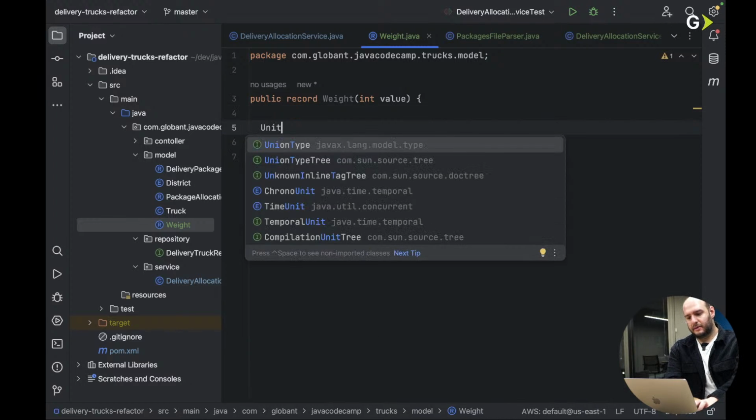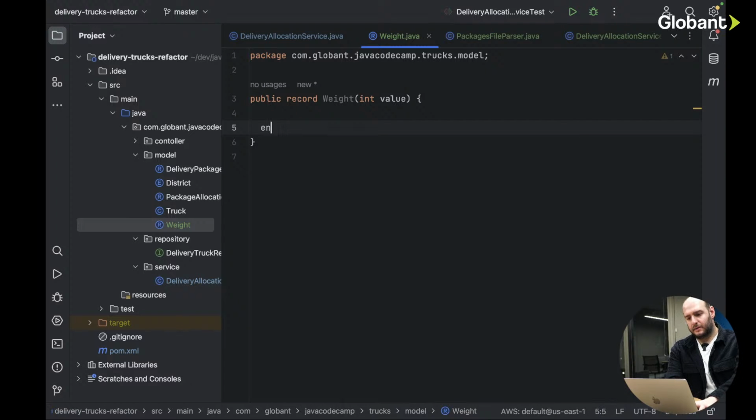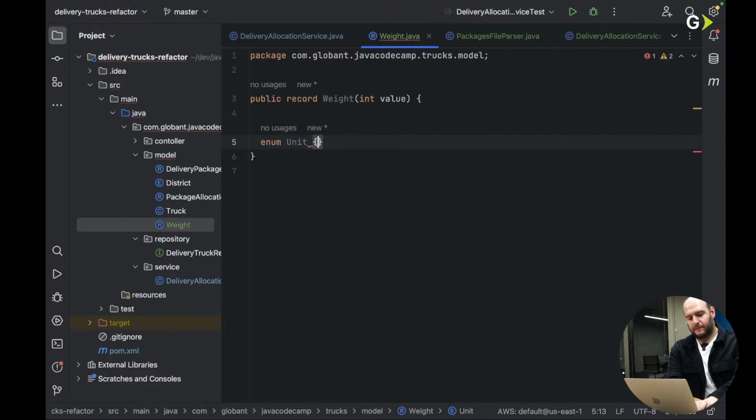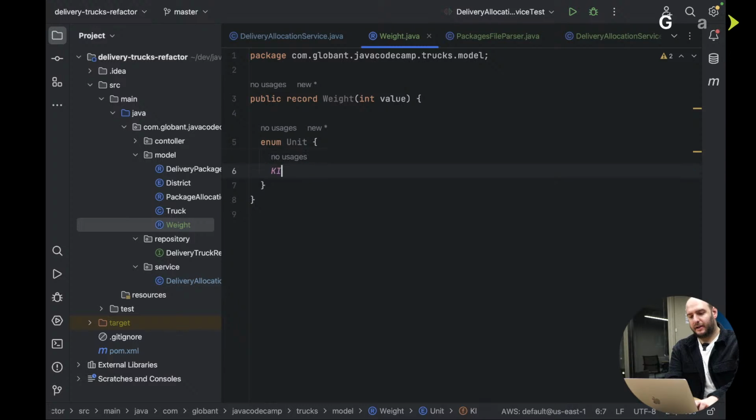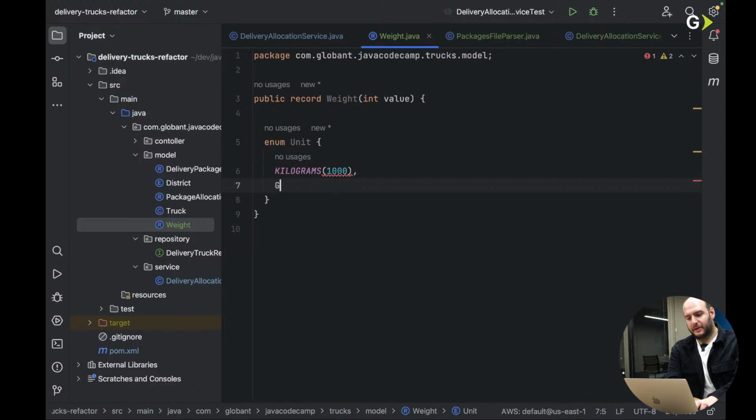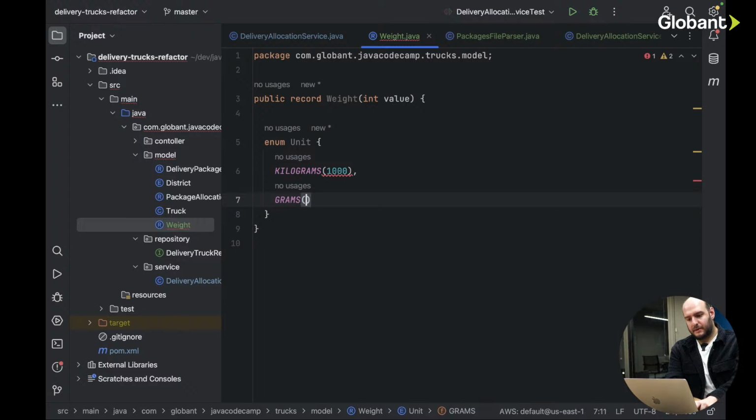We could say enum Unit, and we will have here, for example, kilograms. So let's say we support only two. We could say kilograms, and it will have a multiplier. So it's 1,000, and then we'll have grams, and that would be 1. Okay, and then